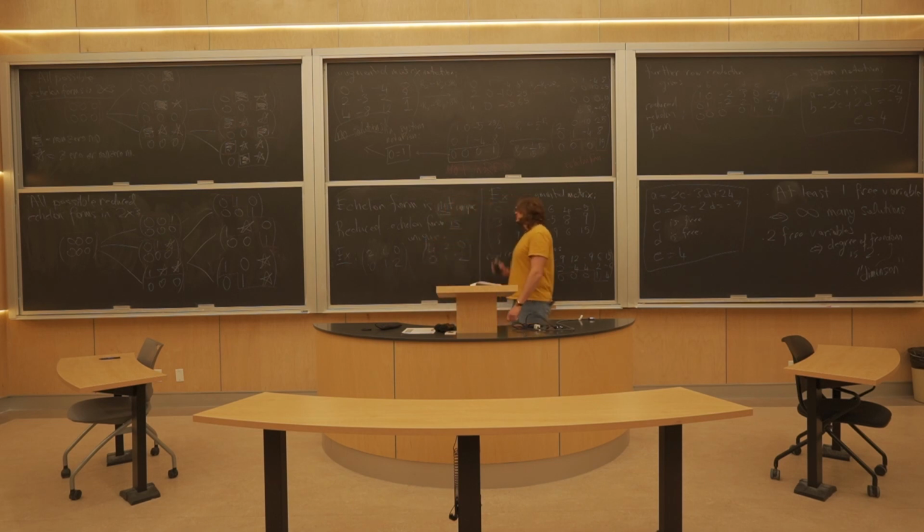Both of these are in echelon form. Neither of them are in reduced echelon form, but they are row equivalent. So I can go from one to the other using a row operation. You see, that's why this echelon form is not unique. But if I were to turn this over to the reduced echelon form, so this is the echelon form, this is the reduced echelon form,